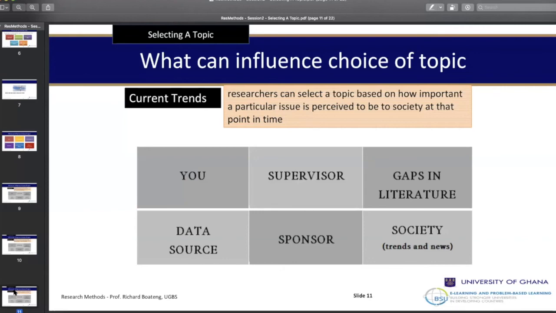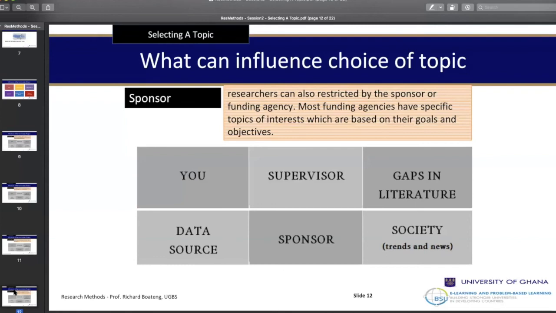Be very careful about it because the trends may evolve and change. Even the issues that you choose to study right now may evolve and change. They may not even be the same issue by the time you finish your study. Your study may take you about 4 months minimum to finish. So if you don't take care, you start your study, and in the second month you realize that the whole thing has changed. It means that you have to change the phenomenon of study again. So be very careful in choosing something which is just trendy.